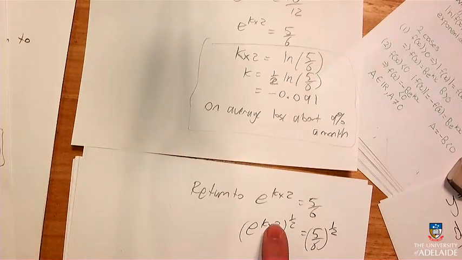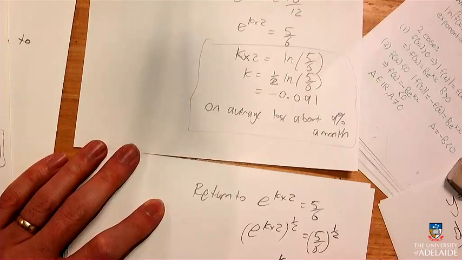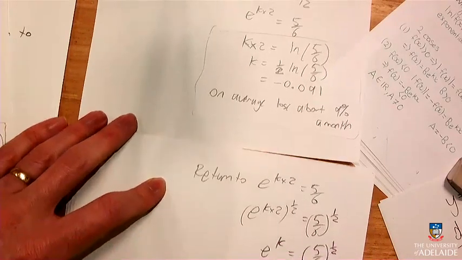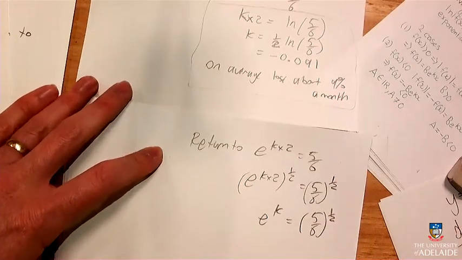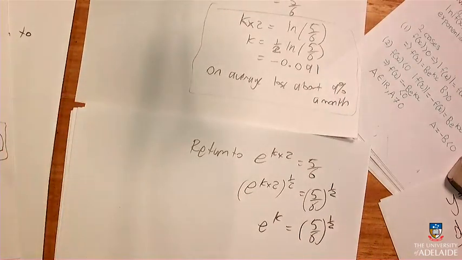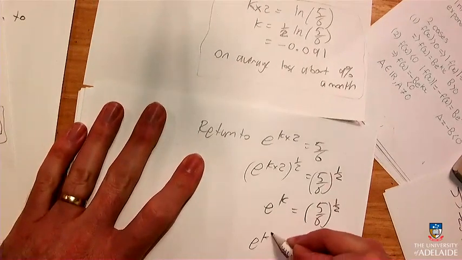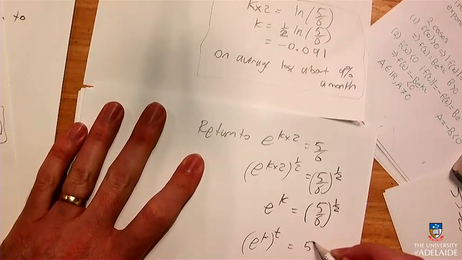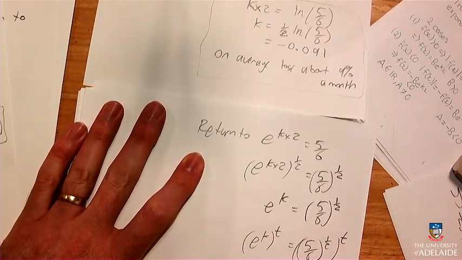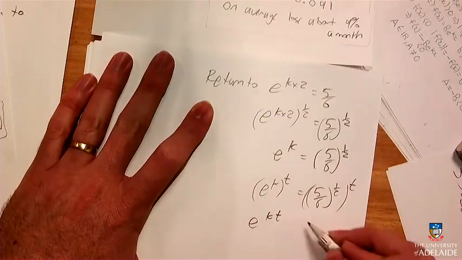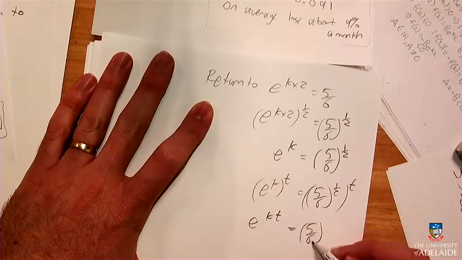when you do powers of powers, you multiply the powers. I have e to the k times 2 times a half, so it will be e to the power of k equals this, the square root of that, basically. And now, nothing up my sleeves, e to the k to the power of t means that e to the kt is 5/6 to the half of t,